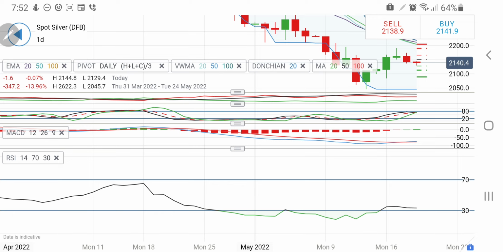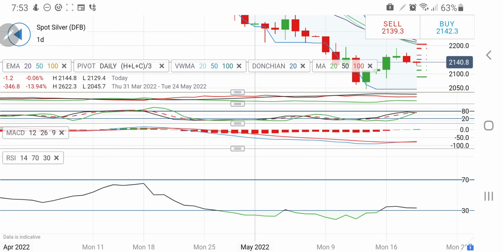So probably one can go long above 2150 on silver today, above which one can expect 2155 and 2160, which are the two nearby resistances. Always keep shifting your stop losses to cost whenever you see the first target getting achieved. Beyond 2160, the next target is 2170, and if it breaks 2170 and sustains, it will lead directly to 2190 and 2200 levels. So you can consider that a very good entry at around 2160, 2170 levels to remain long till towards 2200 levels.